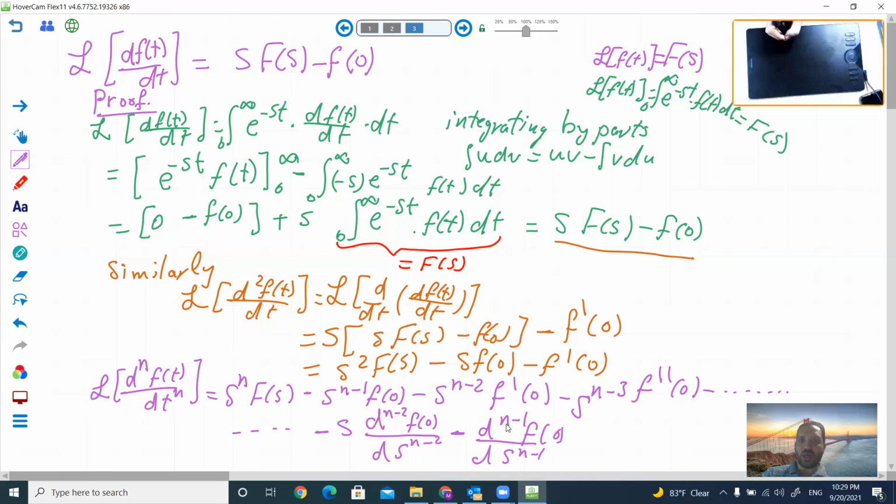So we have a very important note here: when we have the first derivative, it is converted to a multiplication. The derivative with respect to t is transformed